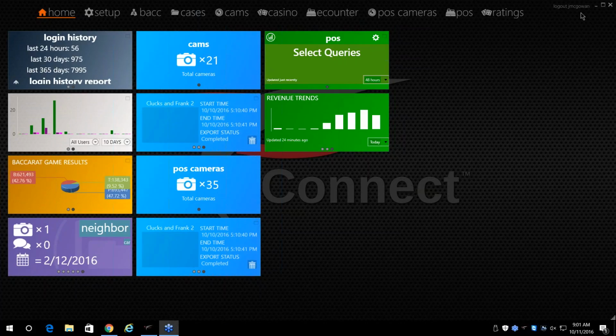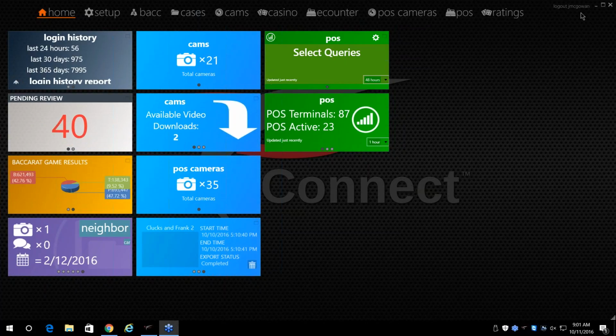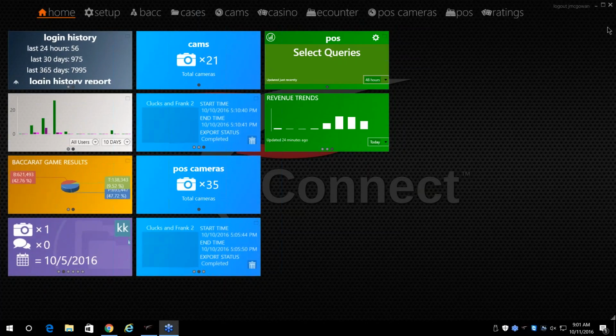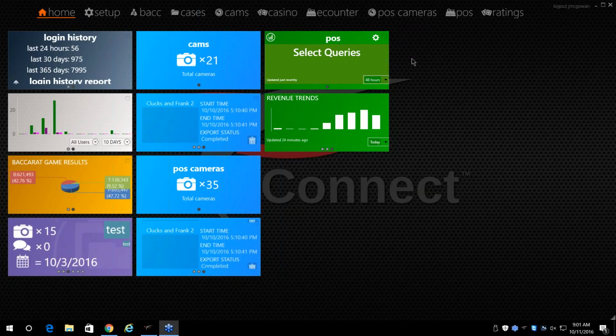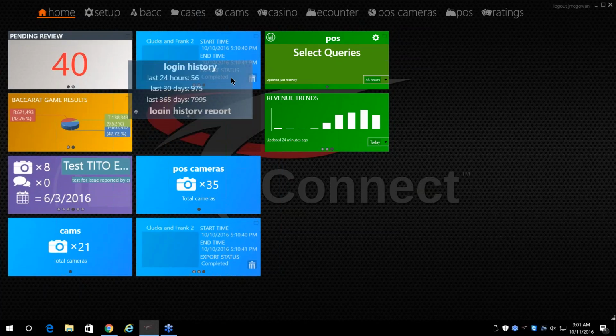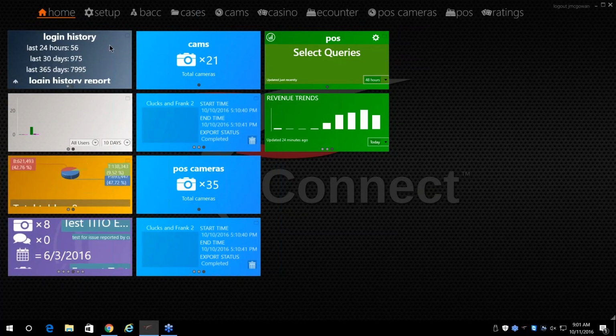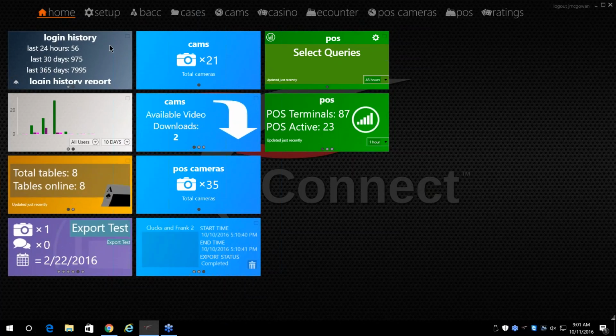So today is 10/11/2016, and we're going to go ahead and give a summary of the operations and the data that you're going to have access to once you get into the full system. Now, the way that this is set up is very similar to Windows 8 or Windows 10, with the tiles that can be dragged and dropped and positioned for your personal